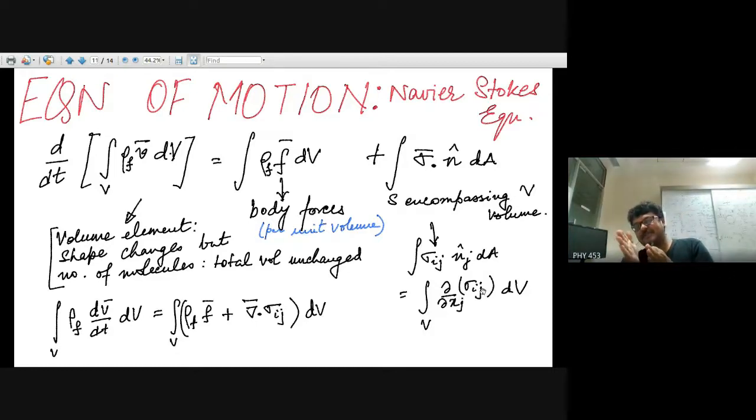So you're looking at a fluid element where these stress forces have a functional dependence on space, on x, y, and z, right? So basically then, and suppose density,